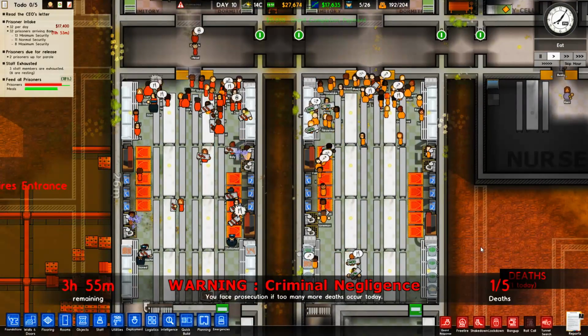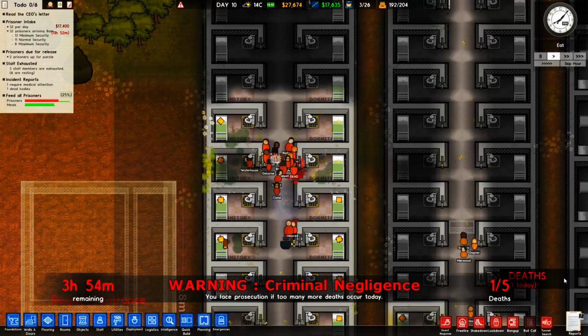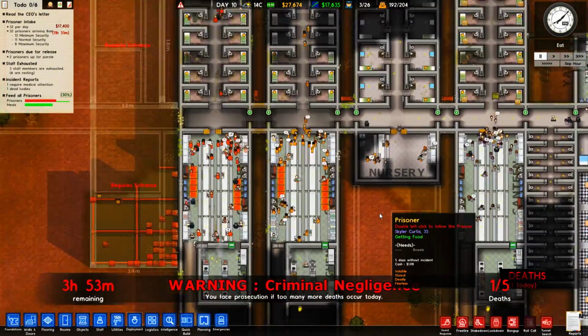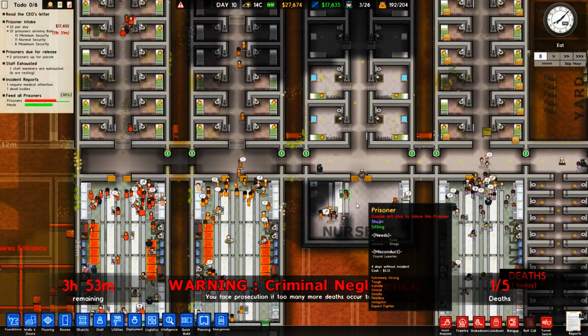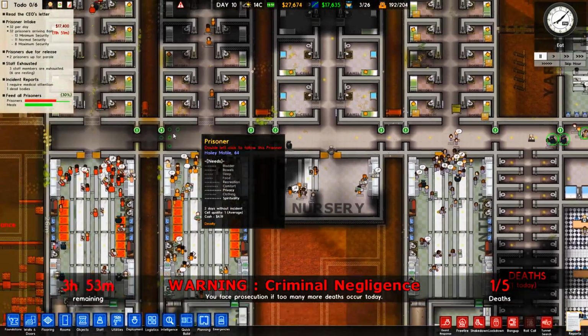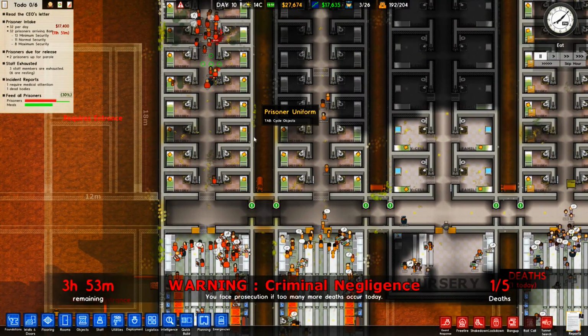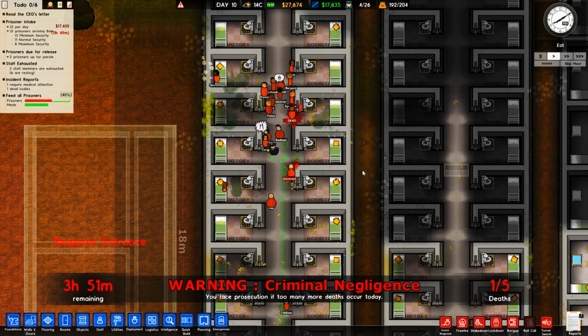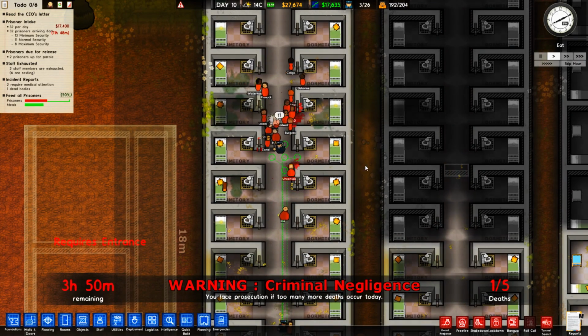Oh, wait. Where's that happening? Oh, it's up here. Okay. Guards? Where are my guards? You guys. Get your butts up here. Let's see what we can do about settling this down. Oh, actually, it looks like it's... Oh, no. Canal is...